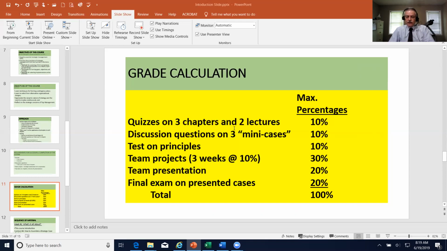So focusing on that project, working collectively as a team, having team meetings, setting up your team assignments with deliverables will be paramount. And everyone will have to attend the team presentation. You have to be actively involved in that team presentation in week 7 of our course. Then at the end of week 7, we will have the final exam